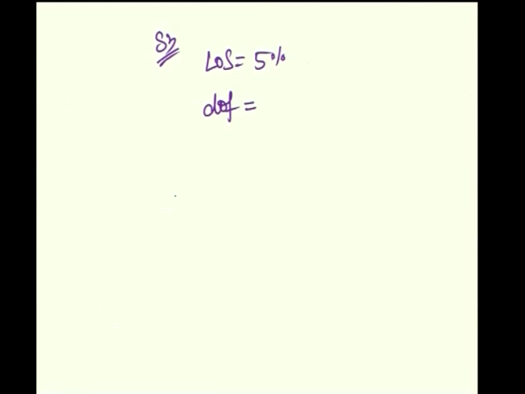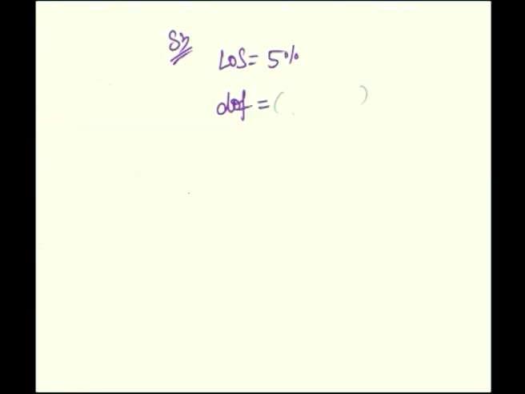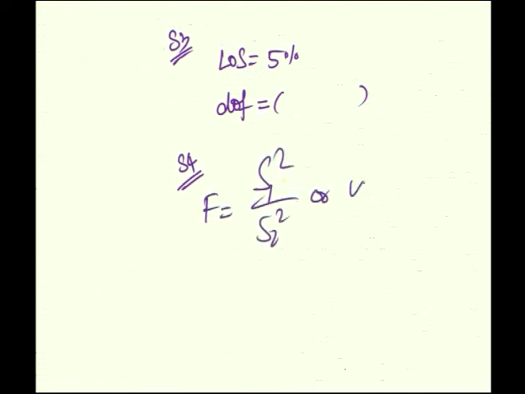Degrees of freedom cannot be decided now. It has to be decided based on capital S1 square and capital S2 square, whichever is greater should come in the numerator. Accordingly, the degrees of freedom formula will also change. So at present you leave this step as it is and go ahead with calculating the F value. F is equal to S1 square by S2 square or vice versa.